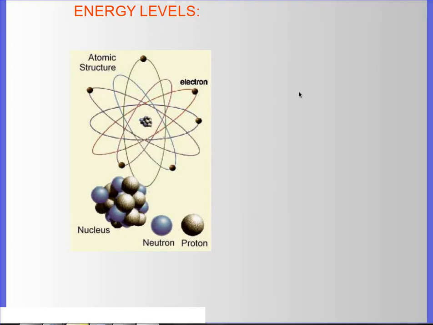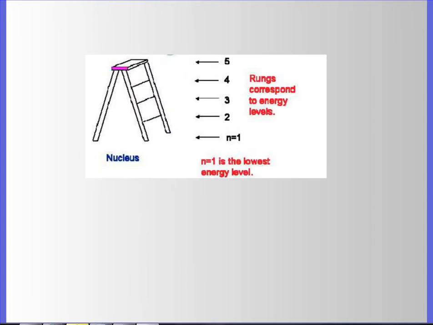Basically, let's go back to our atomic structure. In the center of any atom is your nucleus, and in your nucleus are protons and neutrons. And then you have electrons swarming around on the outside. But it turns out the electrons are at different energy levels. They're in different orbits. You remember this from chemistry.